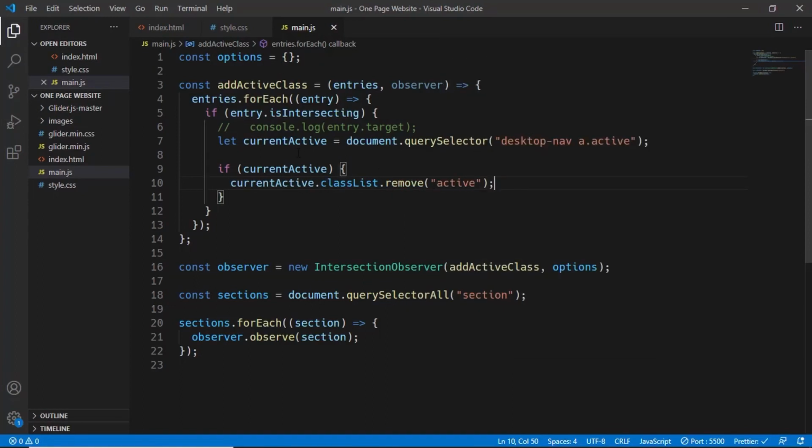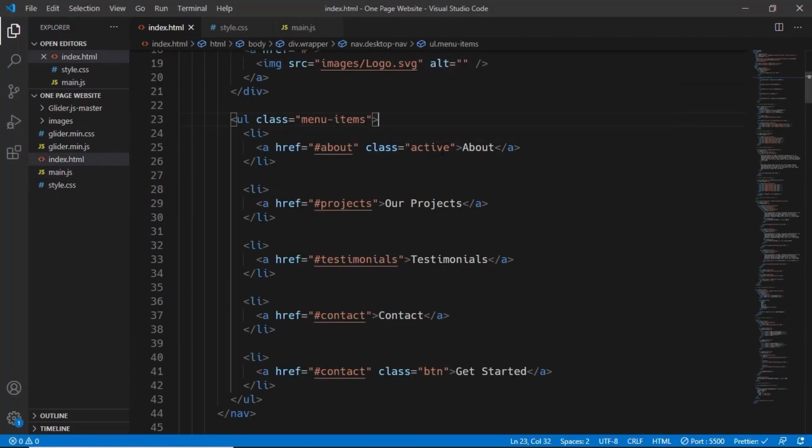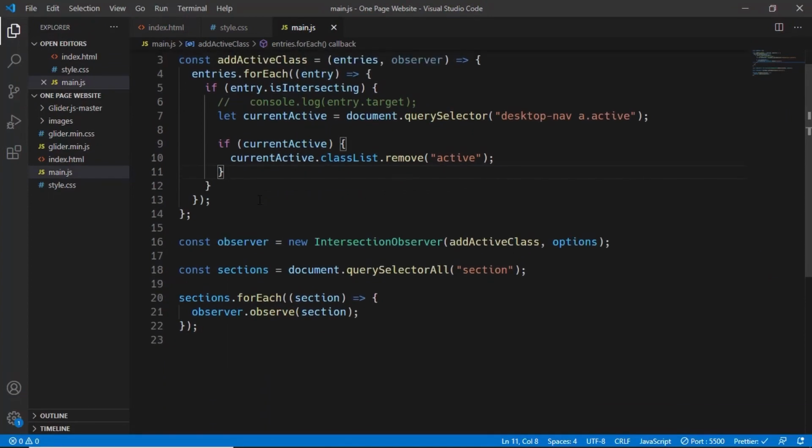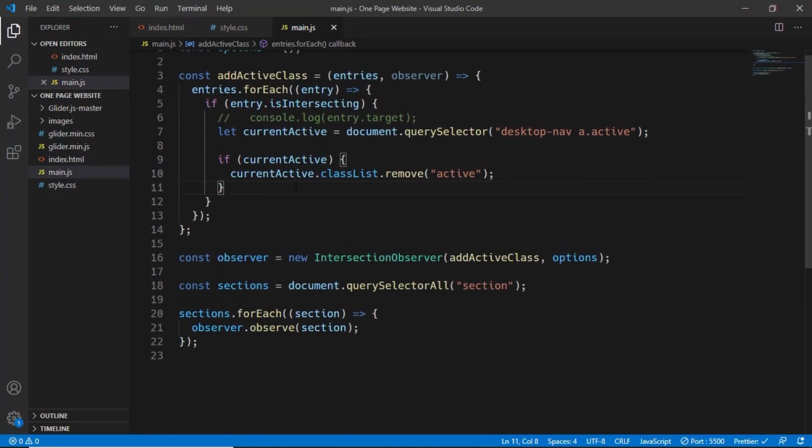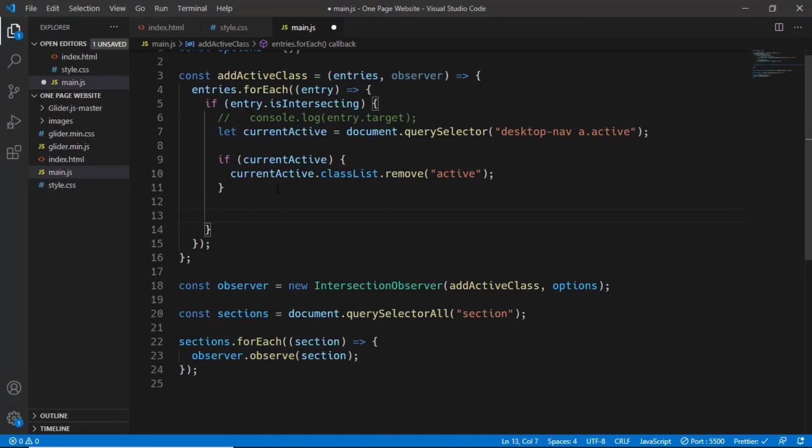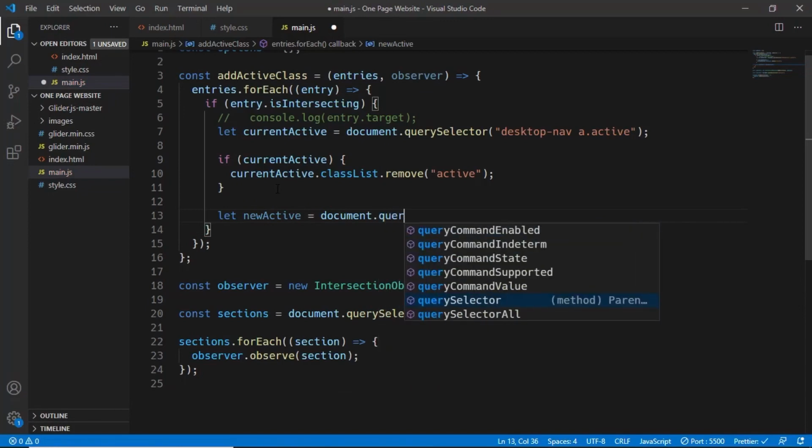So this will remove the active class from the current active. So basically in our case, the active class from the about menu item will be removed. Now we need to add the active class to the current section which is visible on the screen. So for that we'll create a new variable and we'll call it new active, and we'll set it equal to